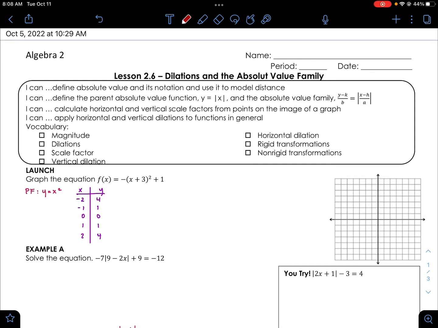In this lesson, we're going to explore the third type of transformation that functions can undergo. So far, we've talked about translations and reflections. Today, we're going to talk about dilations. So just as a refresher about what we've been talking about, we want to take a look at this first